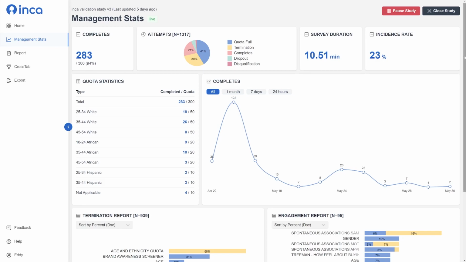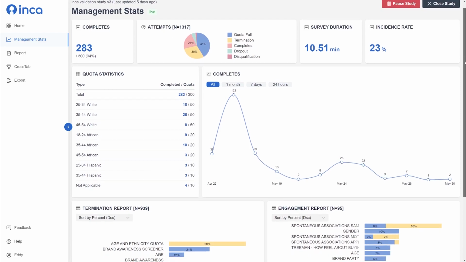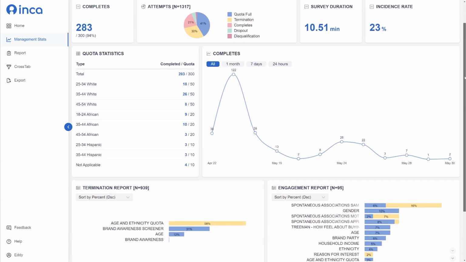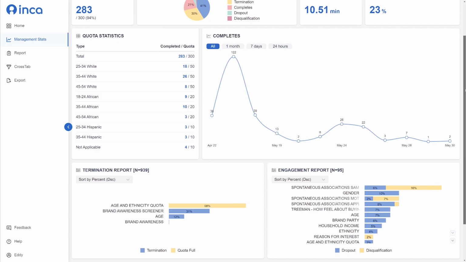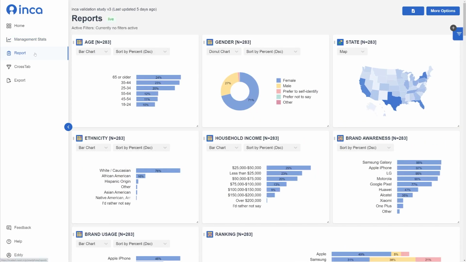Once you've launched a project, you'll be able to access the live dashboard immediately. The first page you will see is the Management Stats page, where you can track the progress of your study and monitor quotas. If you go to the Report page, you will see the live results. As you will see, it looks like a typical quant platform dashboard with all the bells and whistles you'll need,